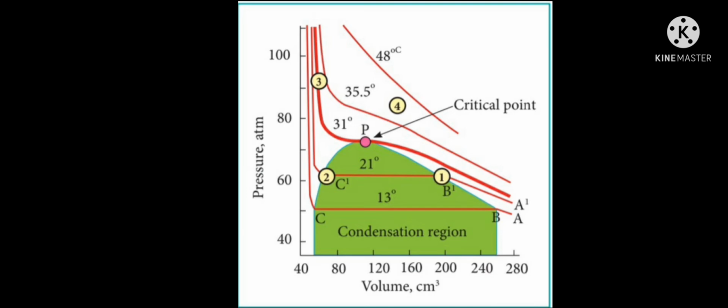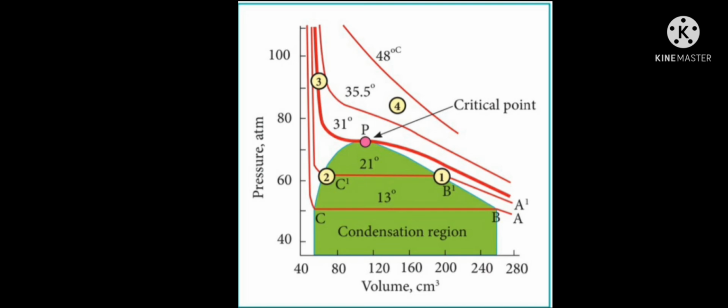So here the volume range in which the liquid and the gas coexist becomes shorter for 31.1 degrees Celsius, whereas the volume range in which the liquid and the gas coexist becomes longer for 13 degrees Celsius. It is explained in the graph. Therefore, 31.1 degrees Celsius is the critical temperature of carbon dioxide.